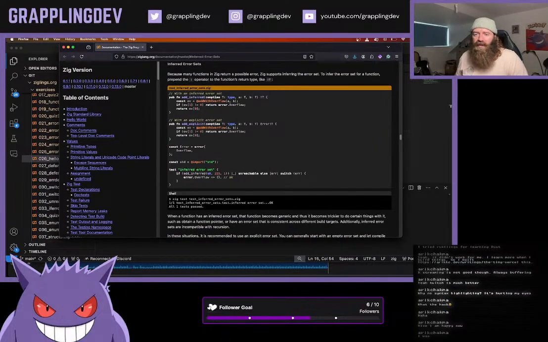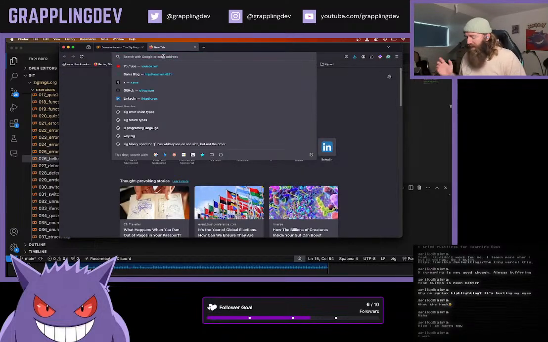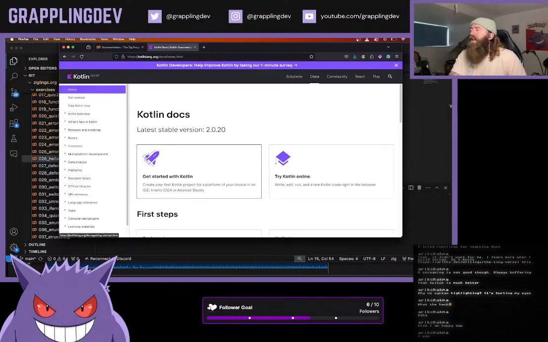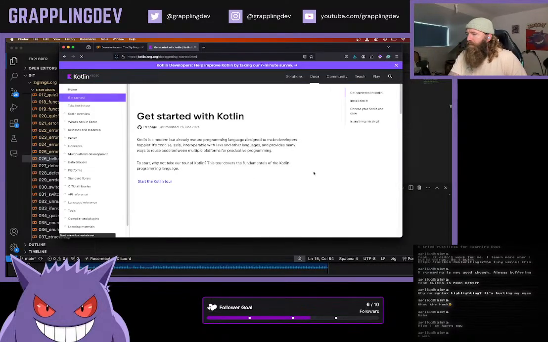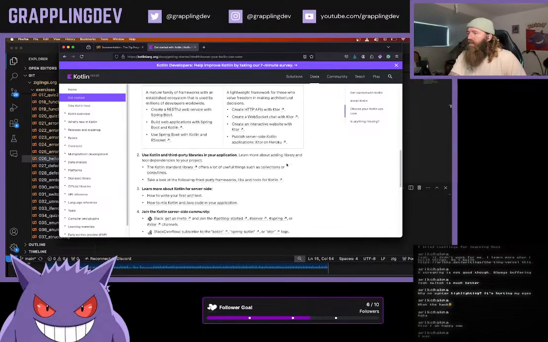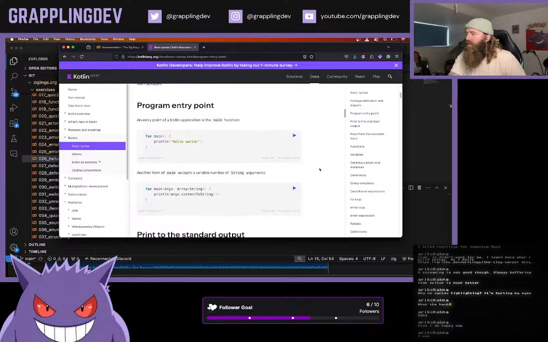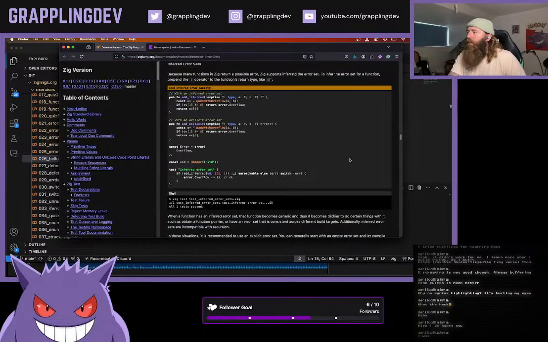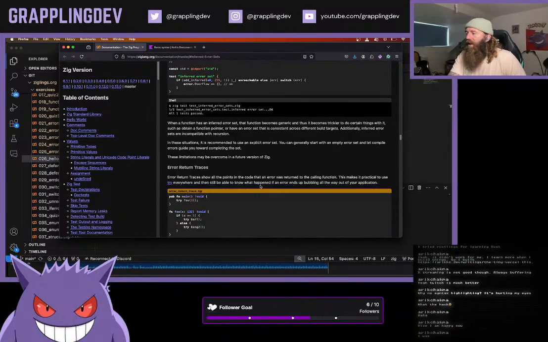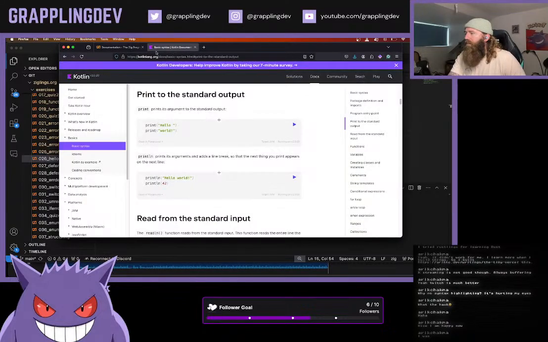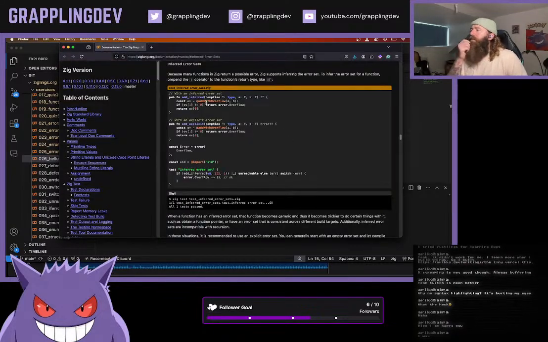I do not like Zig's documentation. It's so ugly. Look at this difference. Look at the difference here. So much nicer. So much cleaner than this ugly documentation. Anyway,